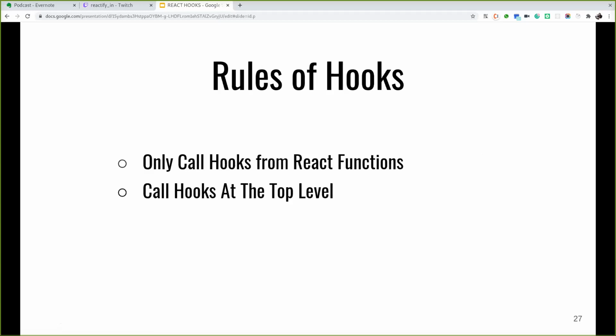There are a couple of rules that need to be kept in mind while dealing with hooks. We can't call hooks from a regular JavaScript function. It has to be a React function component to call hooks, and we shouldn't call hooks inside loops, conditions, or nested functions.